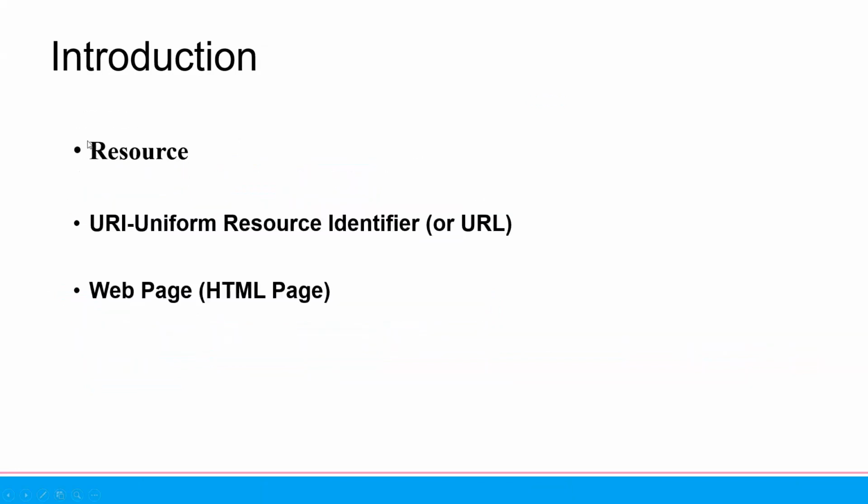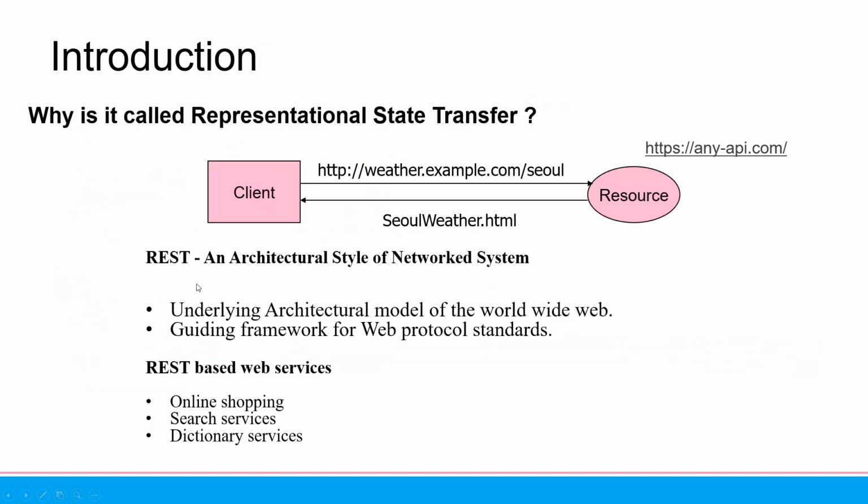So there is some terminology: we call it resources, URI, or uniform resource identifier. Sometimes people confuse this URI with URL. And what is the web page or the HTML page? So when you are dealing with the client and the resources,